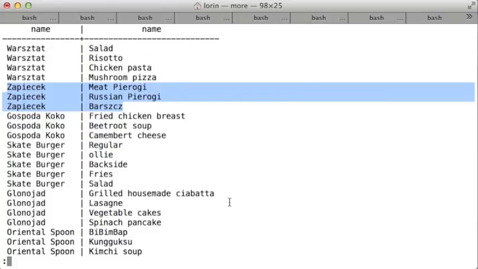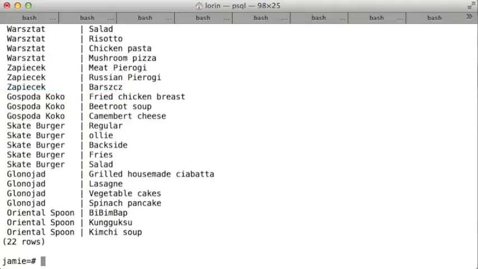So we'll rewrite this query. By the way, when you have this running off the screen like this, and you end up having this colon down below, it just means that it filled up the screen and it has more to show you, and if you press the space bar, then it'll do another page. So I'll press the space bar, and then the rest of them have come out now. 22 total responses. So apparently across all of my restaurants, there are 22 different meals that we have in this database. Doing the up arrow to bring back the last command,